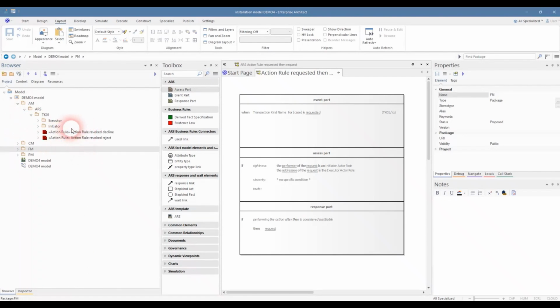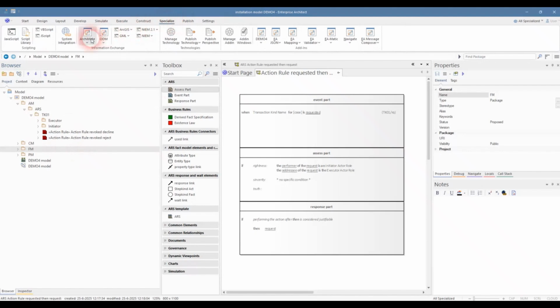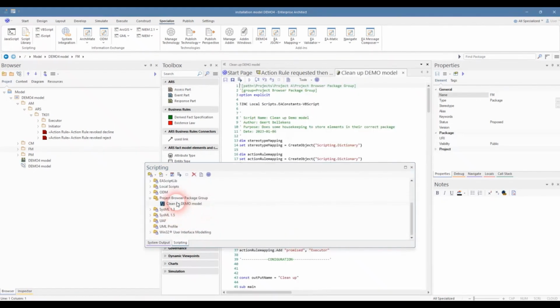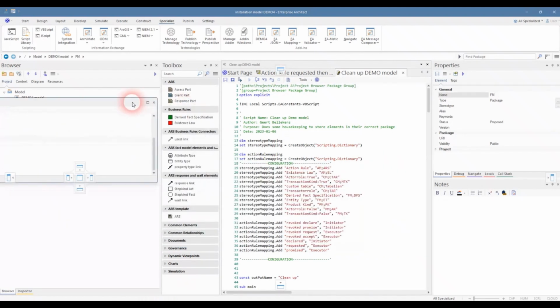The script that is downloaded is based on the first edition of the Enterprise Engineering book. In the second edition, 2 additional revokes were added. In this video we will show how easy this script is set up, so you can change it according to your own requirements. Go to Specialize, Script Library, in the scripting window open the project browser package group and open the